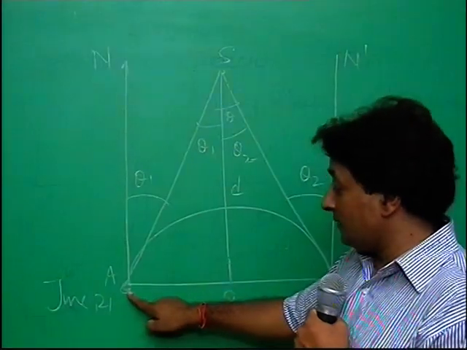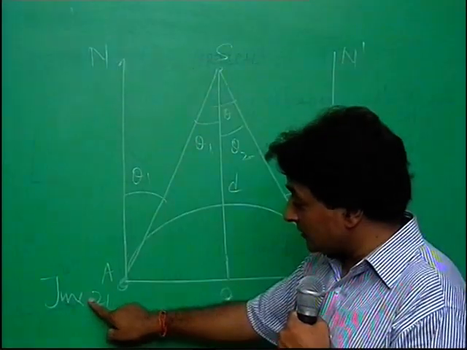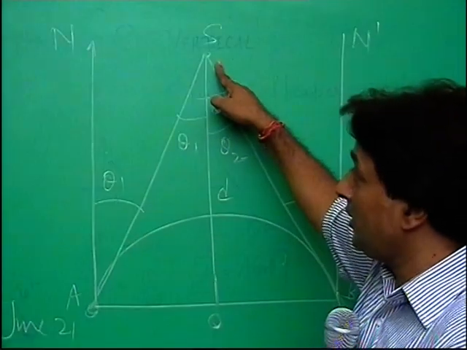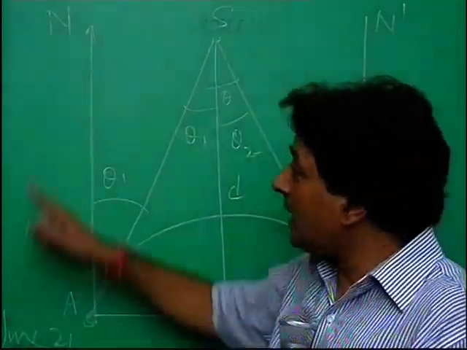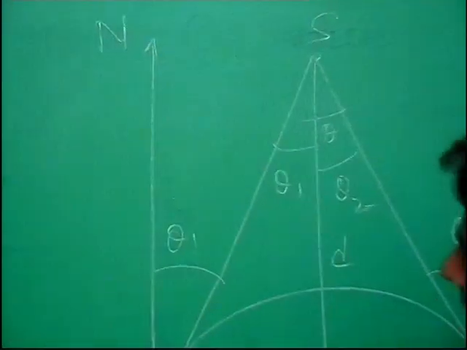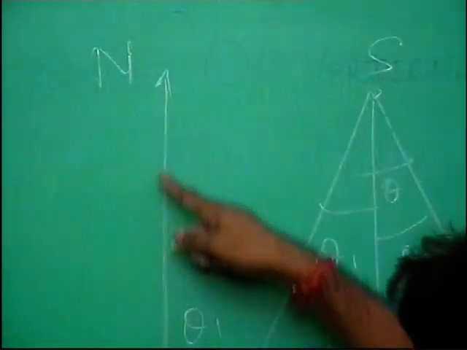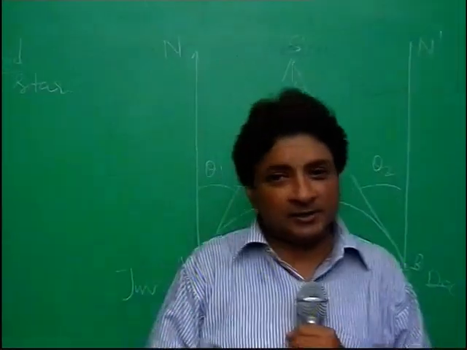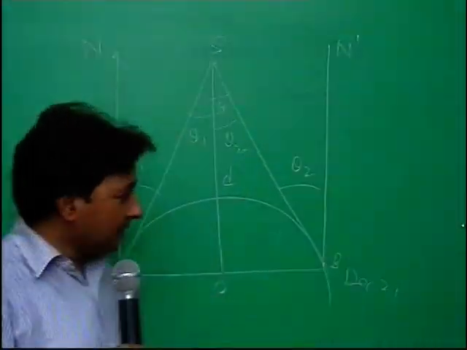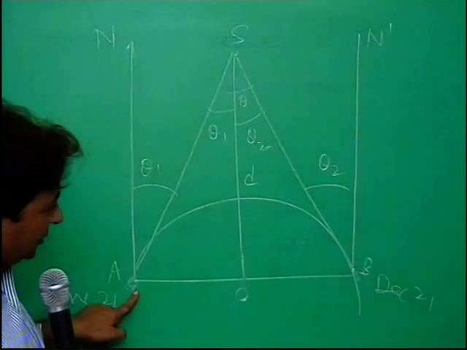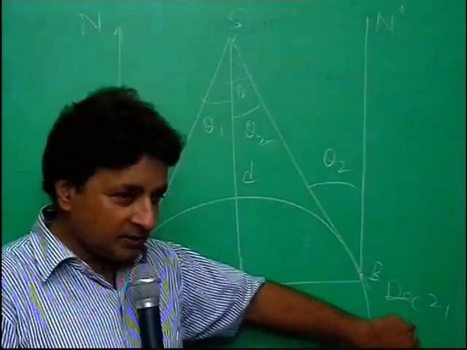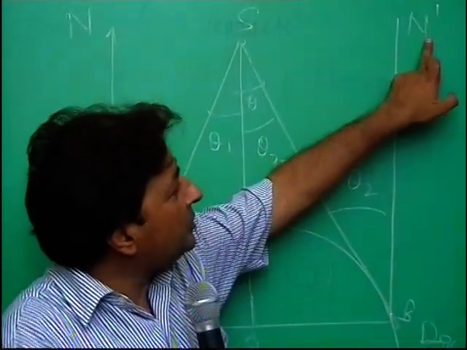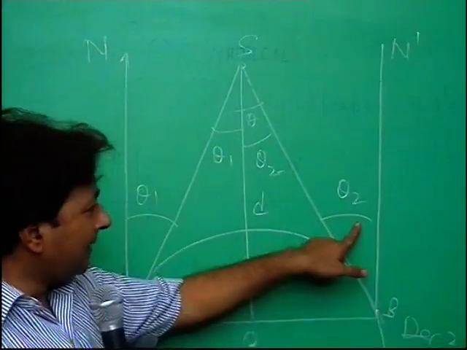Now we are on Earth, and on June 21, suppose we place our sextant here and we focus at this star. At the same time, we have to choose one star, say N, let it be the pole star, and when we focus at the pole star, we measure an angle theta 1. Now students, June 21, 6 months later, December 21, the Earth is just opposite to the position where it was on June 21. Now you focus the same pole star, let its position be N dash, and the angle is theta 2.